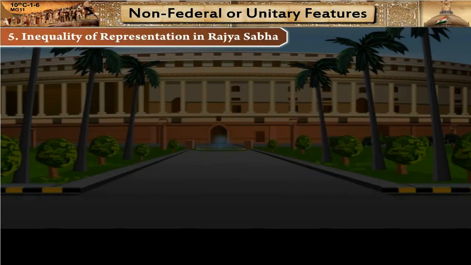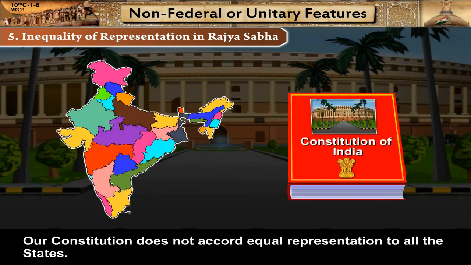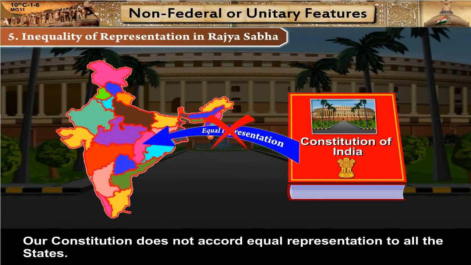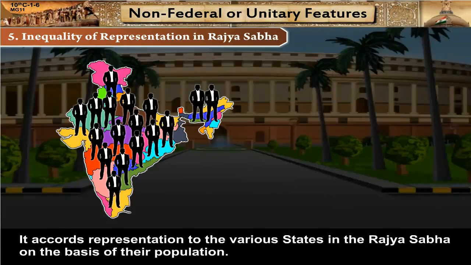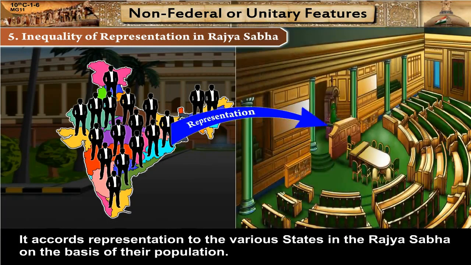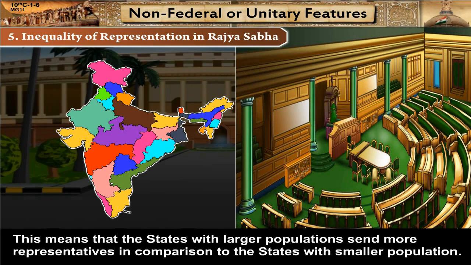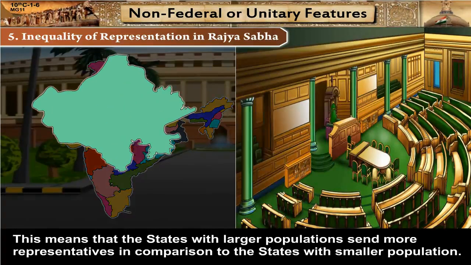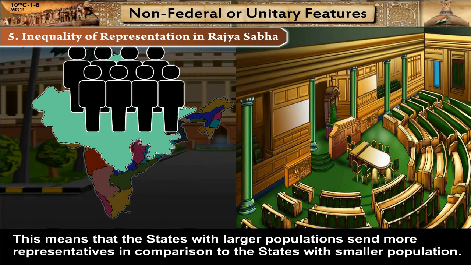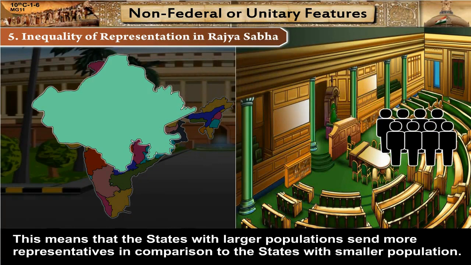5. Inequality of representation in Rajya Sabha. A constitution does not accord equal representation to all the states. It accords representation to the various states in the Rajya Sabha on the basis of their population. What does this mean? Well, this means that the states with larger populations send more representatives in comparison to the states